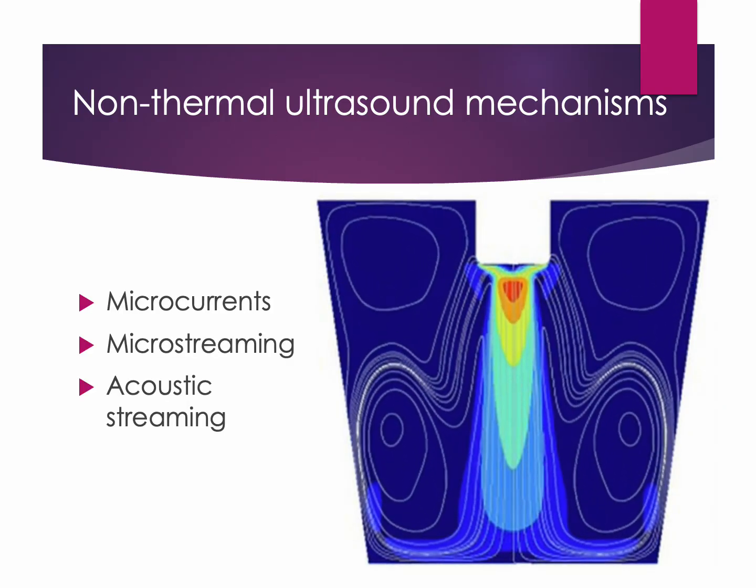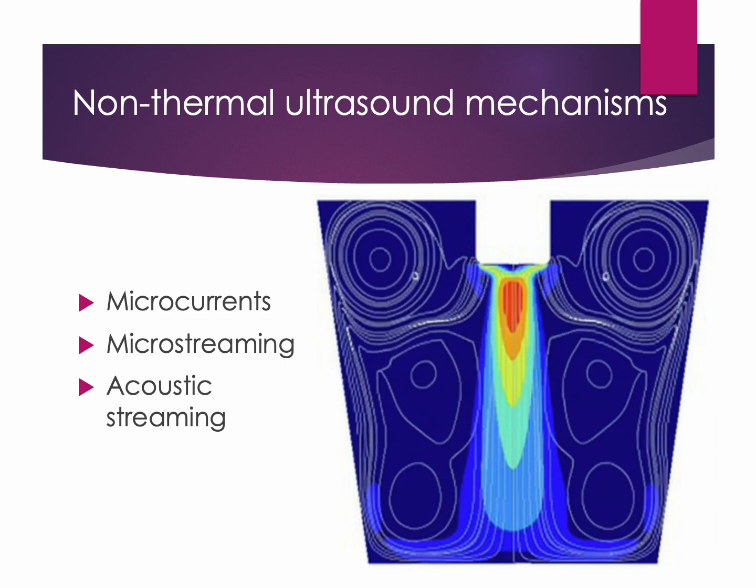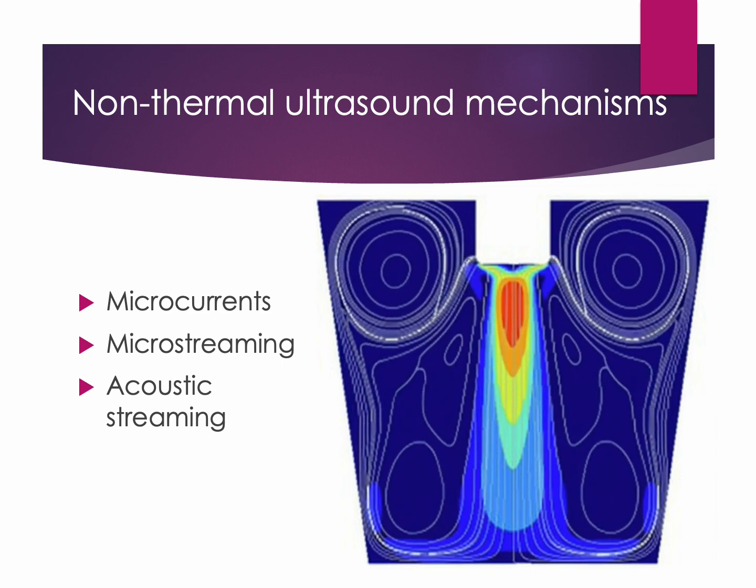This fluid flow created by stable cavitation is known as acoustic streaming, microstreaming, or microcurrents. Acoustic streaming is the small, steady movement of fluid caused by ultrasound waves traveling through tissue. Even though ultrasound is a sound wave, it can create tiny currents in the fluid surrounding cells. These microscopic fluid currents can move ions and nutrients, alter cell membrane permeability, stimulate cellular activity, and help promote tissue